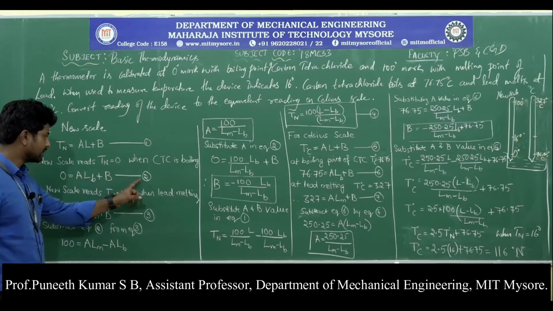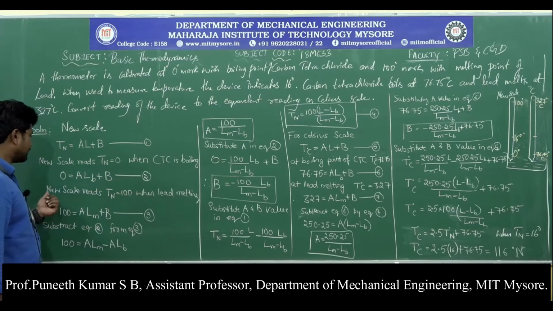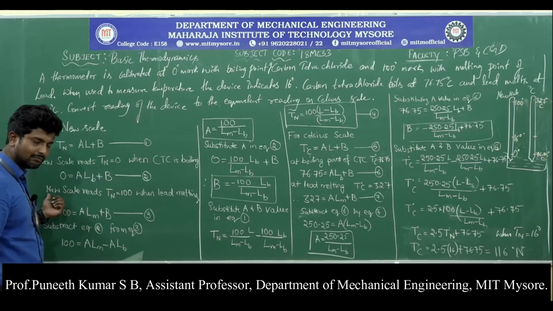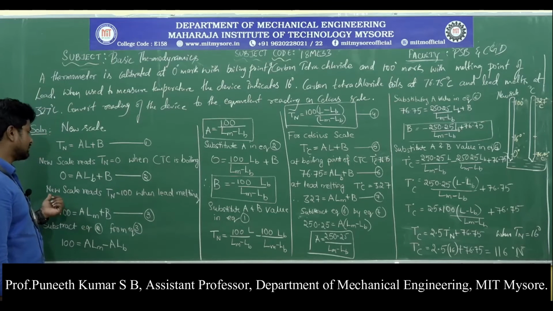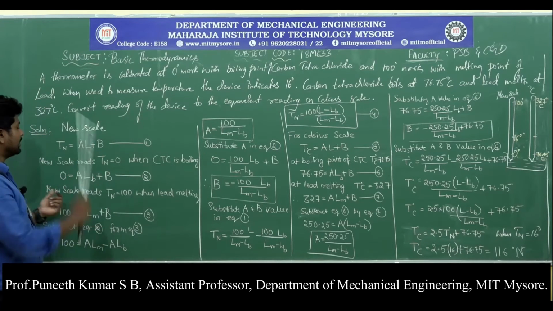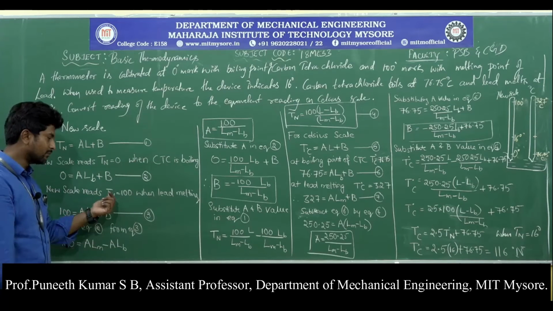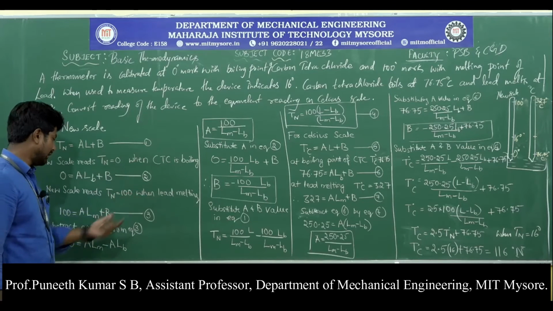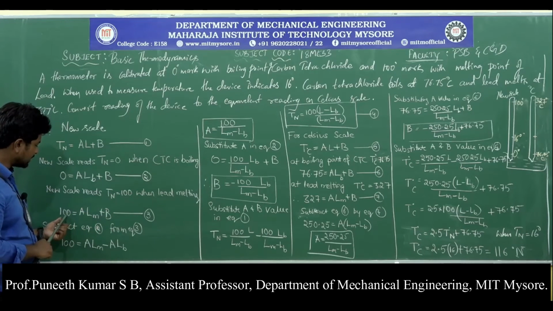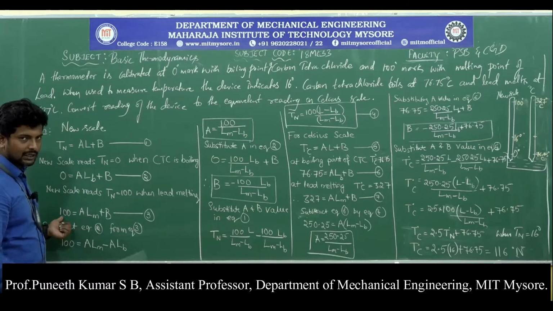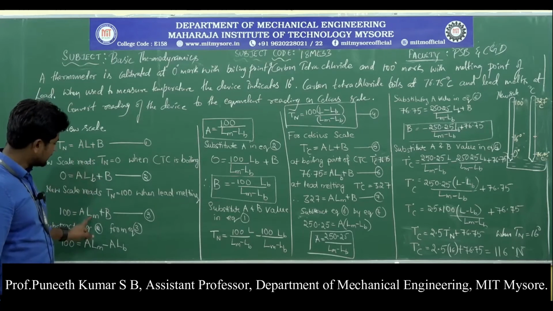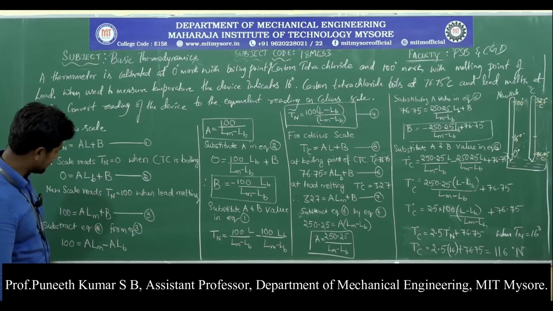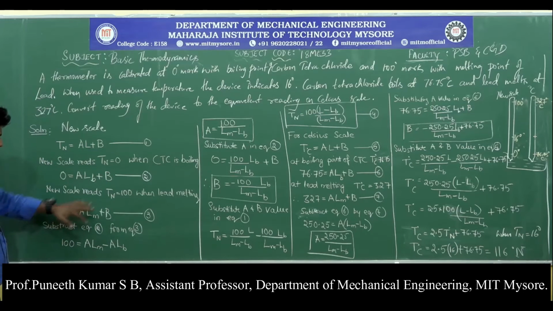So this becomes equation 2, and now I will also substitute the melting point of lead. At the melting point of lead, the new thermometer reads 100, and that is what I have substituted here. At the temperature, I have substituted 100, and in place of L, I have substituted LM. M represents melting. The next thing is, I solve equations 2 and 3.